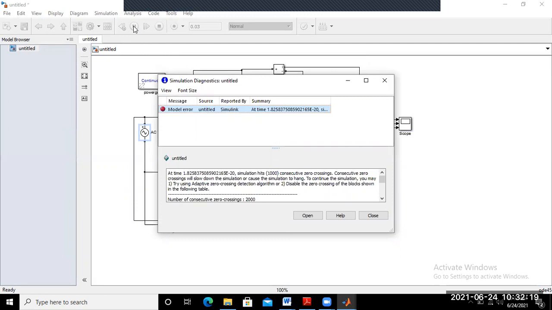Again showing some error. That means consecutive zero crossings will slow down the simulation or cause the simulation to hang.